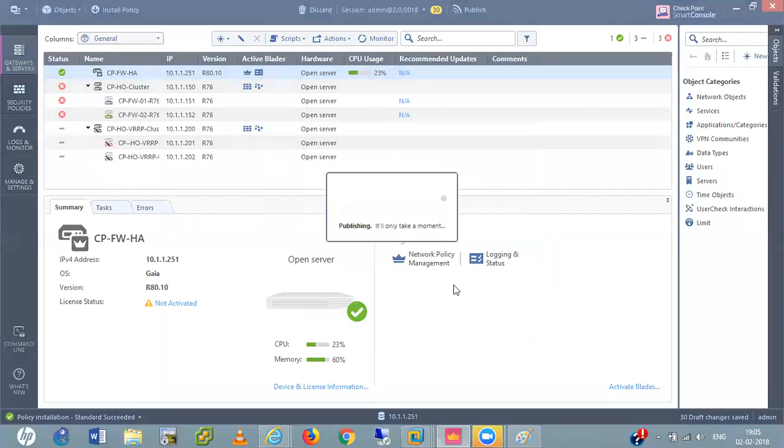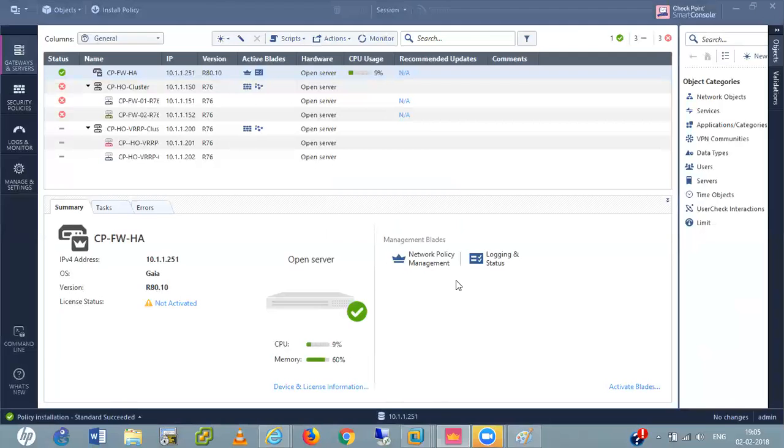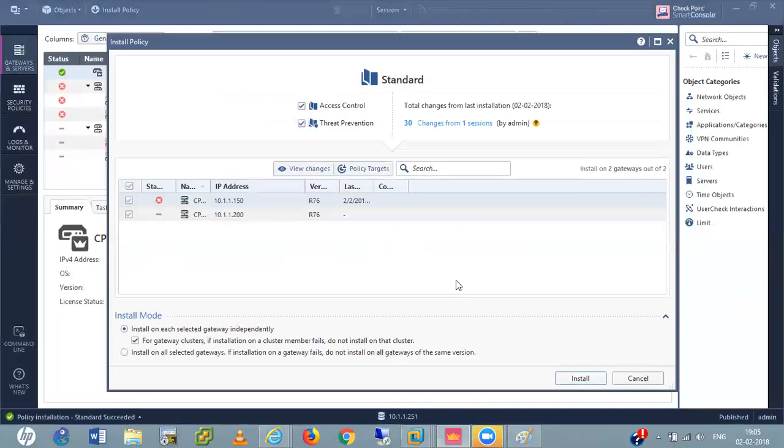Let me also write one rule. Not an issue. More problems can give more knowledge. That thing I told you, we need to allow traffic for this VRRP traffic, right?